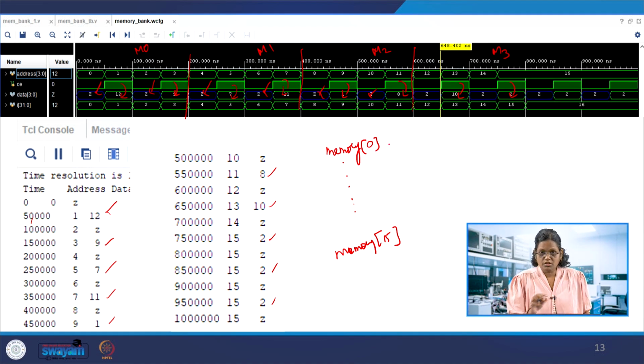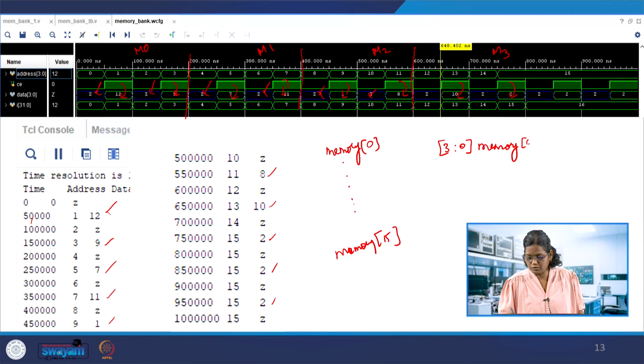Instead of 4 memories, the width of the data is 0 to 3, but you can have a memory of 15 to 0. This is the command that needs to be used. Instead of 4 memories, you can have only one memory, with the reg declaration first, then the memory instantiation, and then initial begin, assigning this memory with 0, 1, 2, 3, up to 15, if you want to create only a single memory.